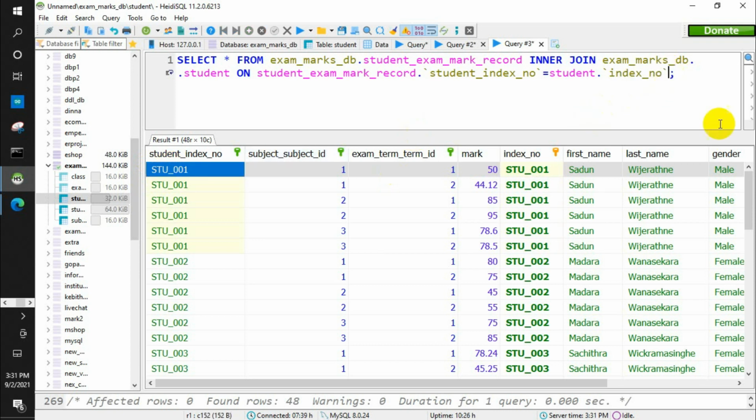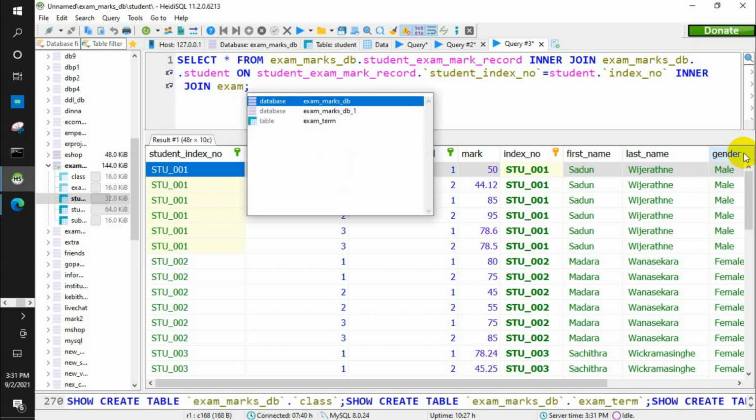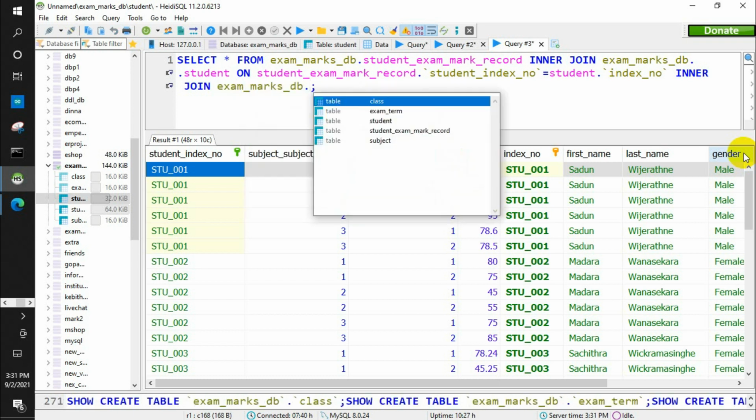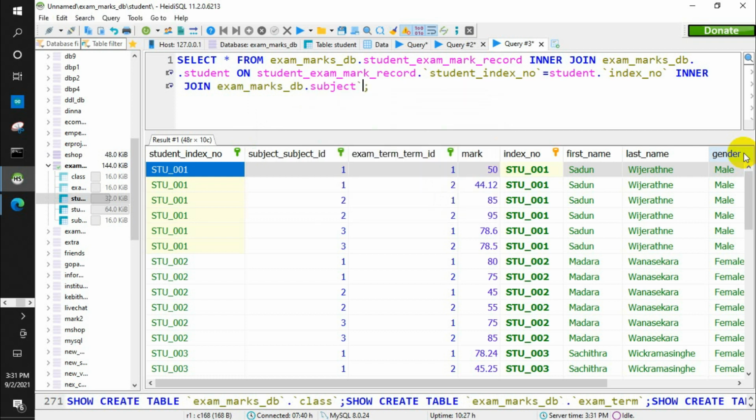Now I am going to inner join another table. If you join tables like this, it is easy to filter once you get all the details right. So inner join. Now I am going to connect the subject table. Inner join exam_marks_db dot the subject table on the condition.